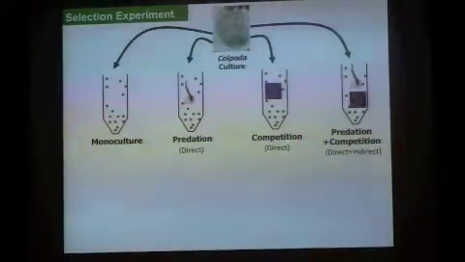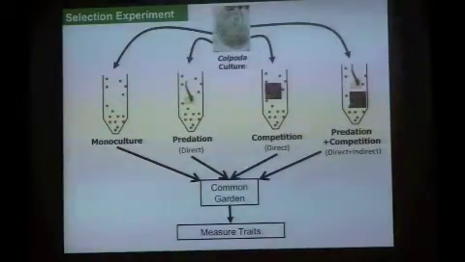But because we know the direct effects from each of these treatments, we can subtract out the direct effects from here, and we're left with just the indirect effects from that total effect. So we let these things evolve. I think for this case, it's for 20 days, so maybe 100 or so generations. We again take cells from each of those treatments, grow them in a common garden, so we get rid of any plasticity effects, and then measure traits again in that community.